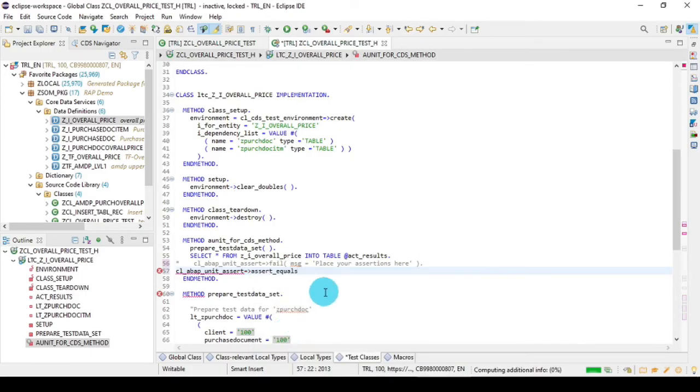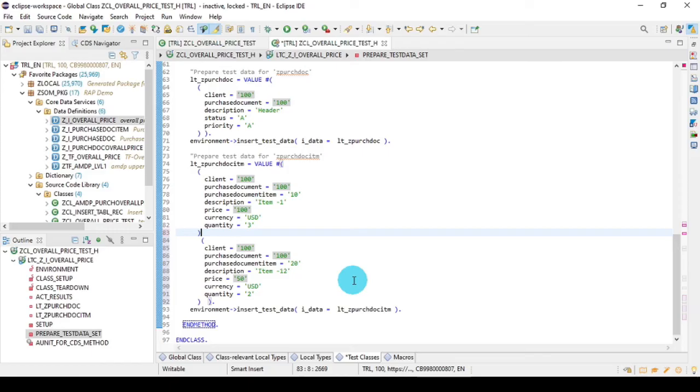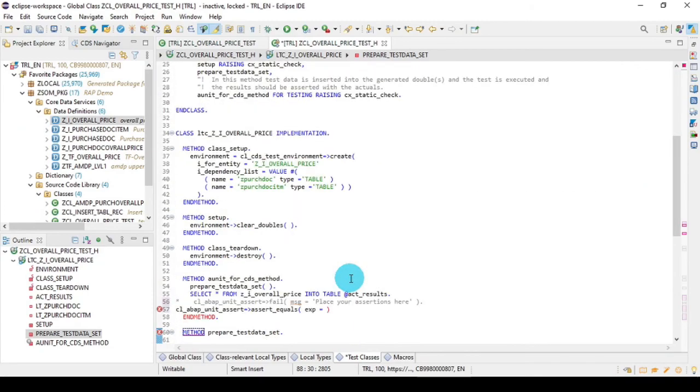Assert equals, expected. Let's quickly count the amount. What we have to do, it's 100 plus 300, it will be calculating. But this time you see we are taking the underlying table, so obviously we are not adding up in overall item price. We don't need it because that exists in the CDS view layer. So it's 100 and 300, so basically 400 I'm supposed to get. Change it, doesn't matter, that's okay. So let's go back here and put 400, and the actual should be the same approach. Copy this one and put 1, and